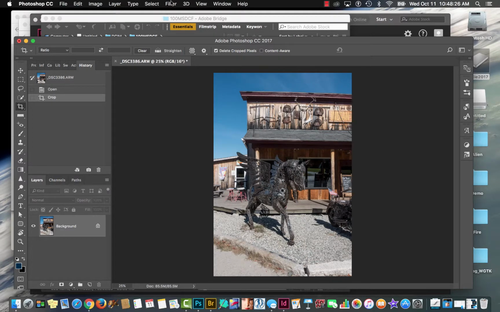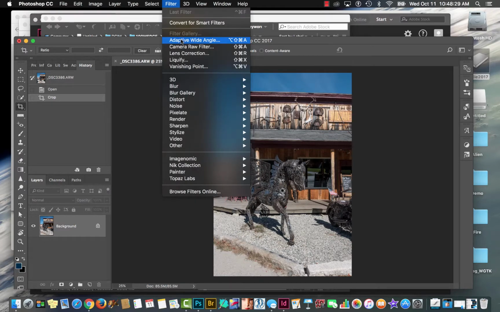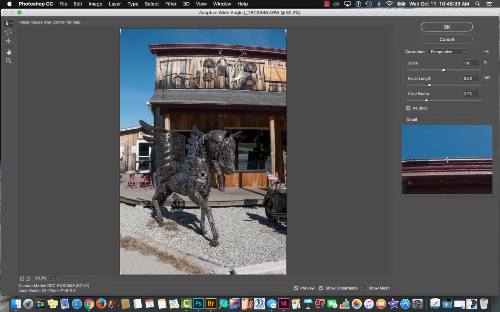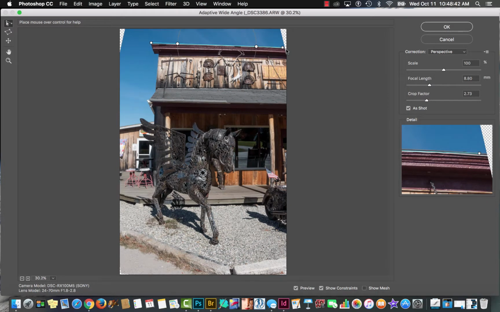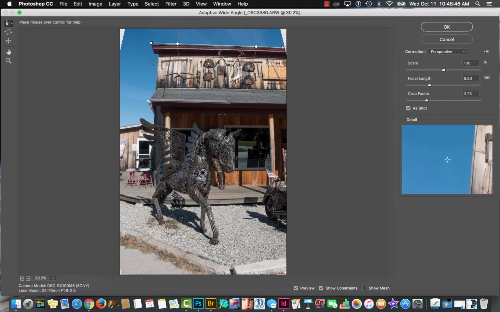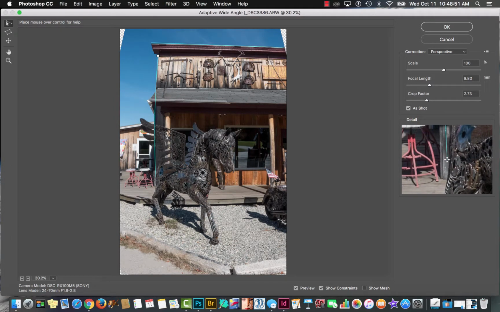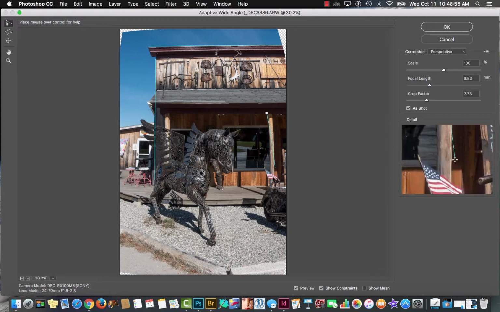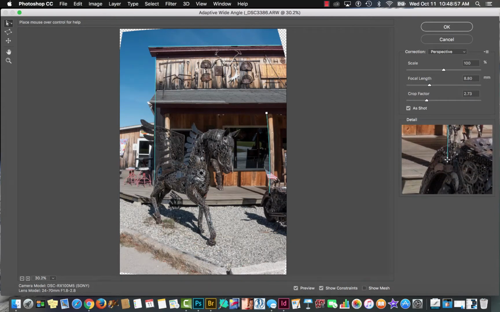So first thing I want to do is go up to Filter and Adaptive Wide Angle, which I'm betting you've never used because I've rarely used it myself until recently when I discovered it. So you draw a line over a line which should be straight, either horizontal or vertical, and it's going to make that line straight. Come down here and try the same here, and you see how it straightens everything out, and you can draw a number of these lines,